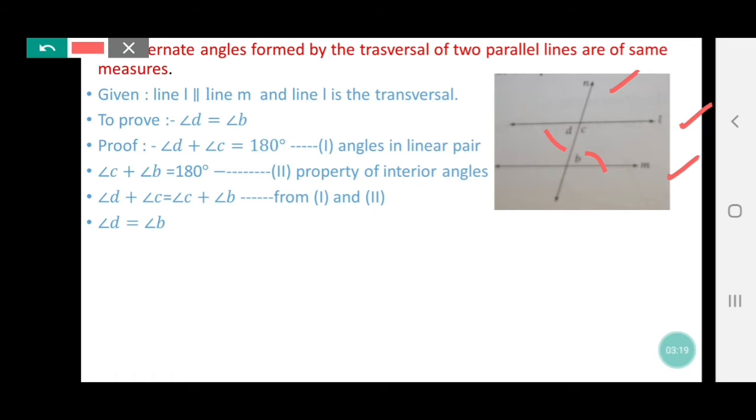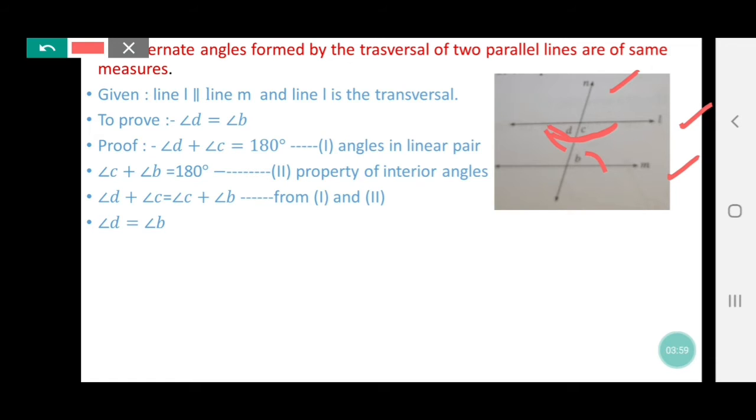Okay, we have to move on the same line. If you see the corresponding angle test and the alternate angle test, they move on the same line. Just a twist is there. In corresponding angles you have to prove that they are congruent, and here you have to prove alternate angles. So in this case, the same linear pair and interior angle test, these two conditions we have to use, right? Now here the very first condition: when you observe angle D and angle C, if you add them, it will be equal to 180 degrees. Why 180 degrees? Because angles in linear pair.